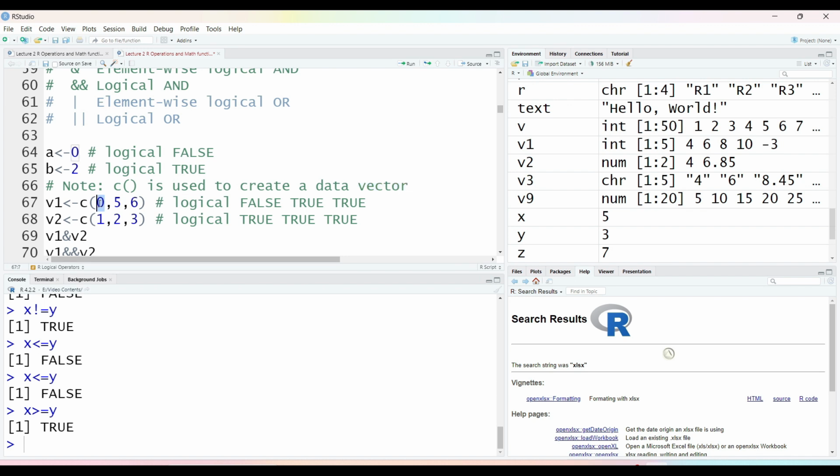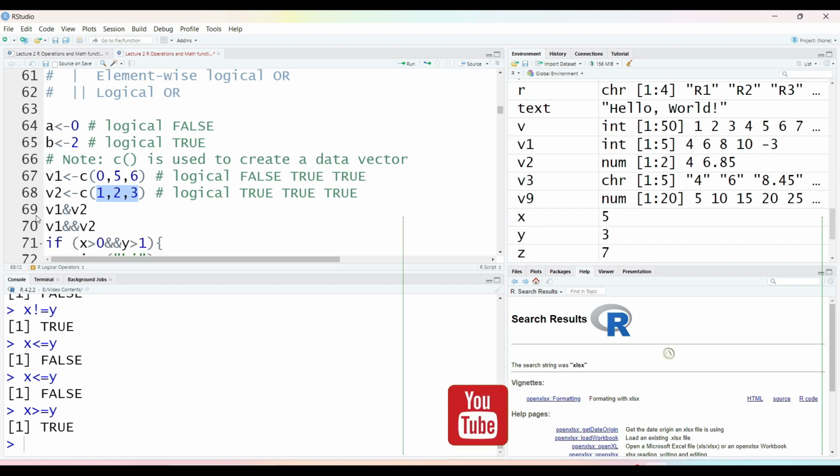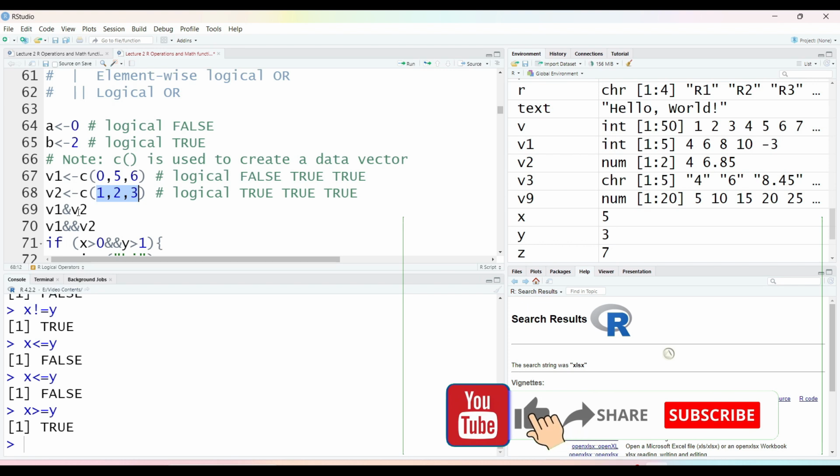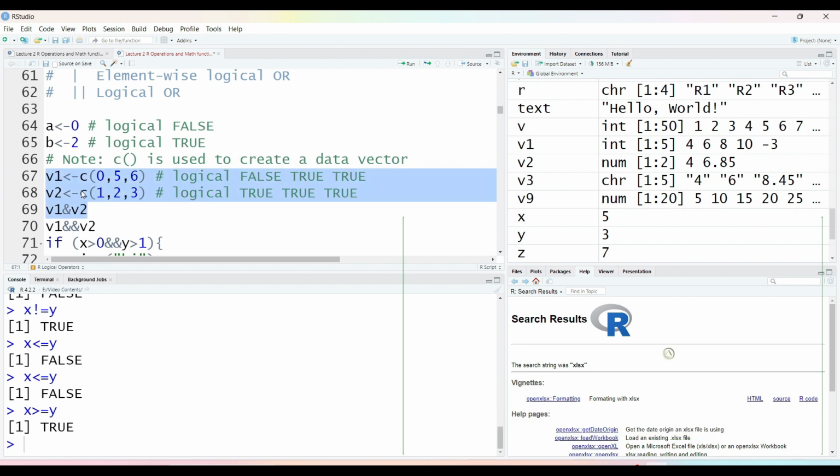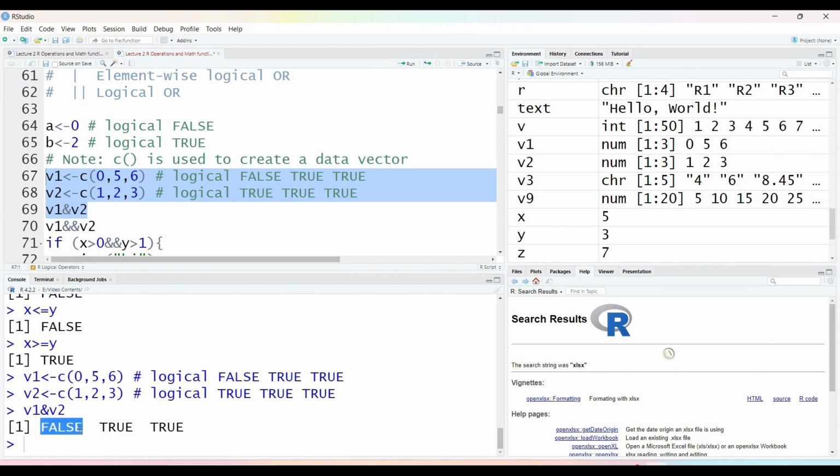Now V1 is a vector created. What is the data inside? 0, 5 and 6. The logical values of these will be: first one false, second one true, and the next one true. Similarly, I have created another vector 1, 2, 3, and the logical values will all be true. Now if I run V1 and V2 with only one ampersand sign, in that case it will do an element wise comparison. You can see here false, true, true,